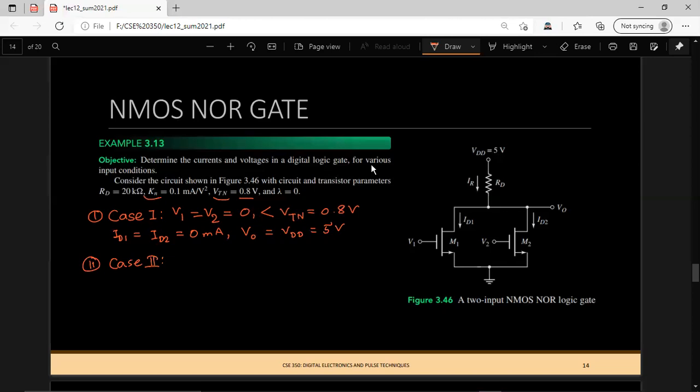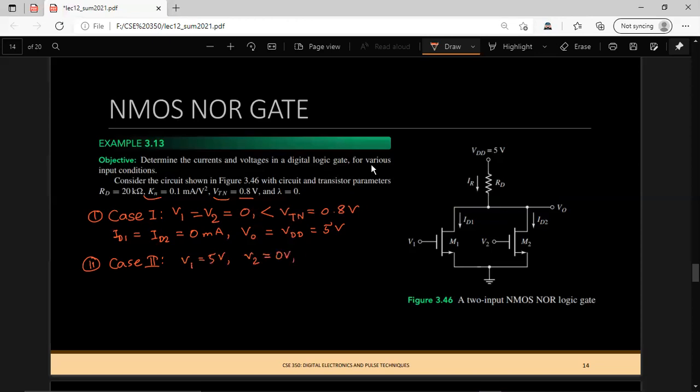But in your homework problem, you will see that M1 and M2 might have different internal parameters, conduction parameter and threshold voltage. Then you need to consider this case in two different sections, that is V1 is on and V2 is off, and another one is V2 is on and V1 is off. So in our case, we just pick V1 is on